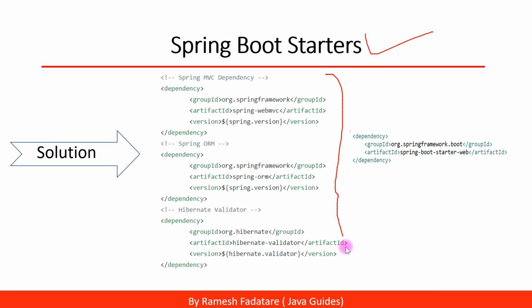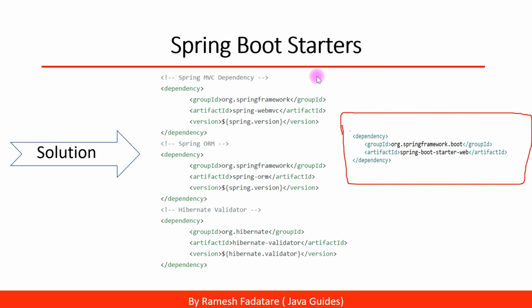This is a very simple example. Whenever you want to develop other applications like a Spring reactive application, or if you want to use Hibernate, or Spring Data JPA, we need to maintain a lot of dependencies and compatible versions. That is where Spring Boot developed the feature Spring Boot starters. The Spring Boot team has created starters, so we only need to add the starters, and Spring Boot will internally take care of adding all the required dependencies and their compatible versions.